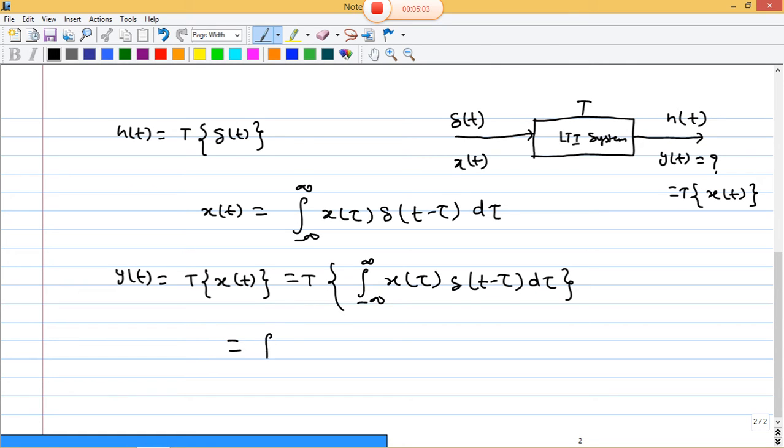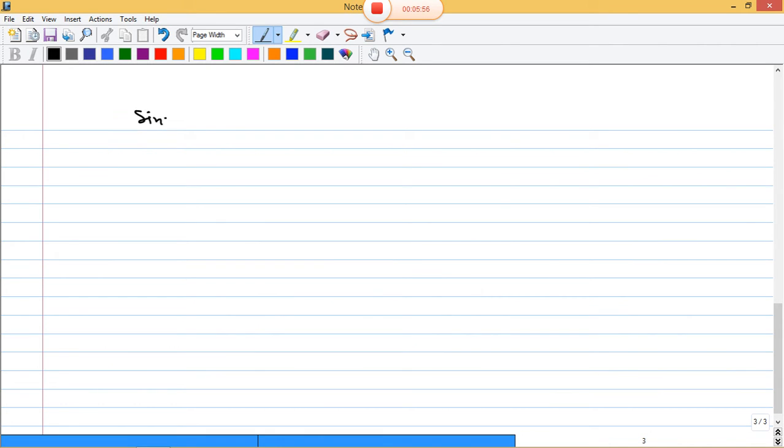Now what is T, capital T? x of tau will be there, and T multiplies with delta. Now since the system is linear, then y(t) will be the integral of x of tau times T of delta of t minus tau. But if the system is time invariant, then h of t minus tau, meaning this h(t) shifted along the axis by tau,